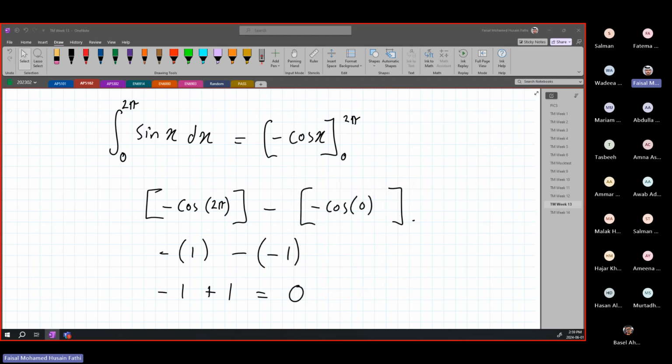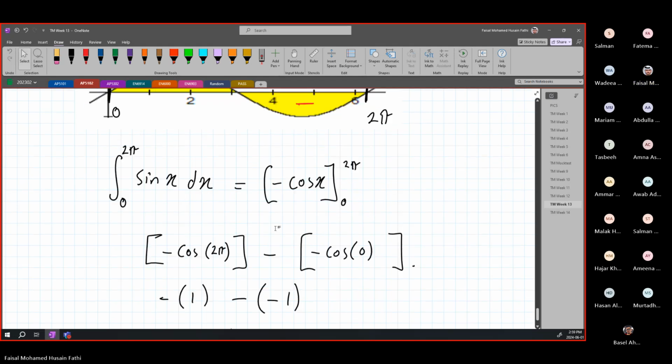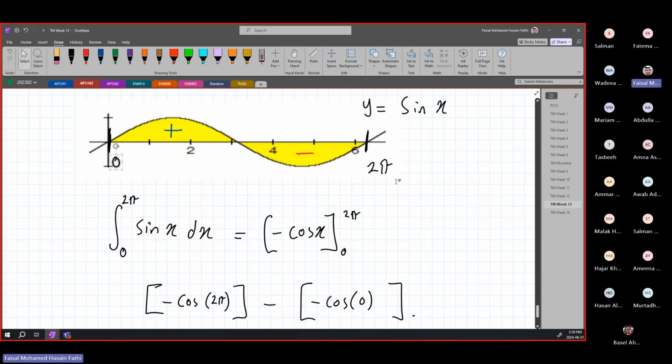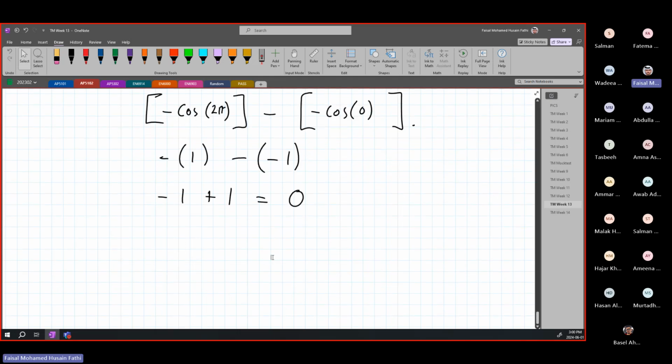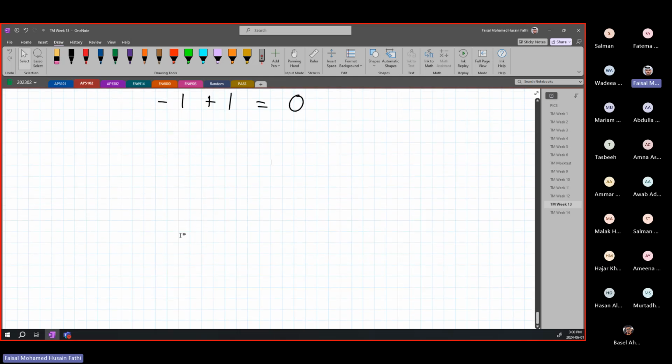All right. Minus cosine 2 plus cosine 1. It's not minus cosine 2. It is 2 times pi, keep in mind. And it's not 1. It is 0. We are putting the limits from 0 to 2 pi. So in the calculator, you wrote cosine 2 and cosine 1. This is not cosine 2 and cosine 1. This is cosine of 2 pi and cosine of 0. Okay. But otherwise correct. Tamam? Now, let's look at another example.